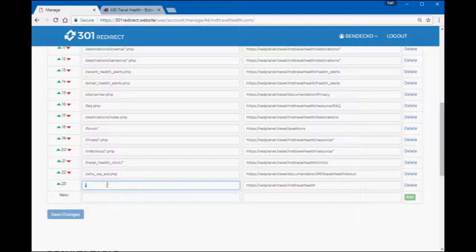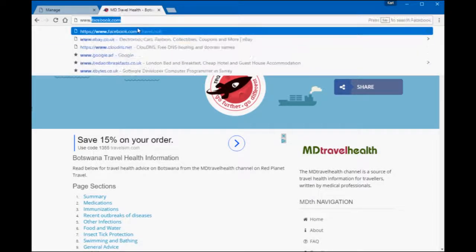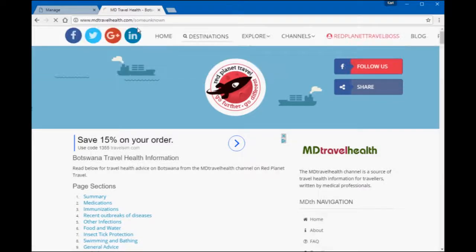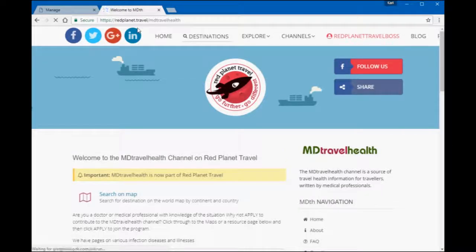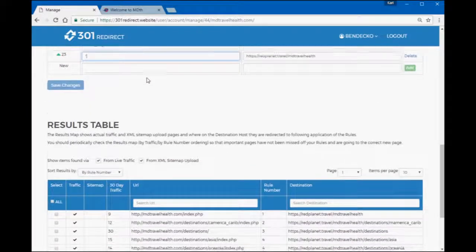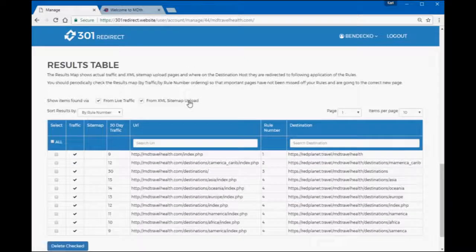Because unless your site is very small, you never know, you might miss a page, and also there may be situations where some unknown page, for example, is again redirected. So that wasn't a page that you had on the site, but somebody had linked to it, or it was a broken link before. You might as well take some link juice out of it. So there's the link. And then in the results table, if you upload the XML sitemap, which I definitely recommend, but you don't have to necessarily, over time you'll see the traffic